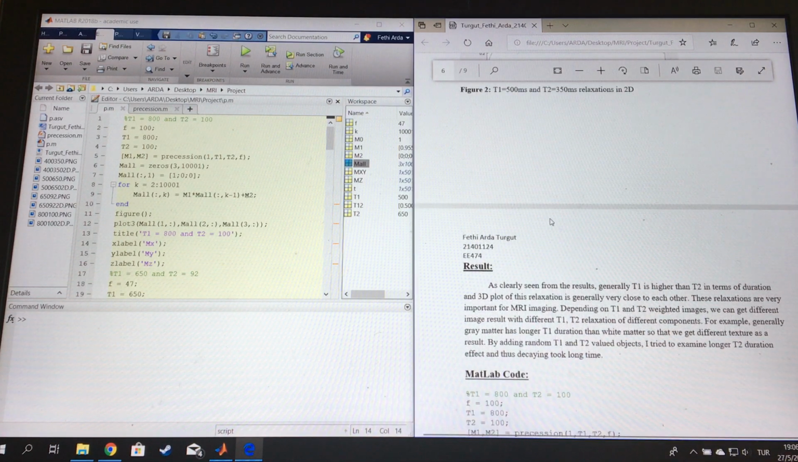As a result, it's actually quite important for MRI imaging, because depending on the T1 and T2 weighted images, we get different results. So by taking different relaxations from the different objects, we can inspect them in the image, so they get a different color in terms of image color. It might be white or black depending on their relaxation